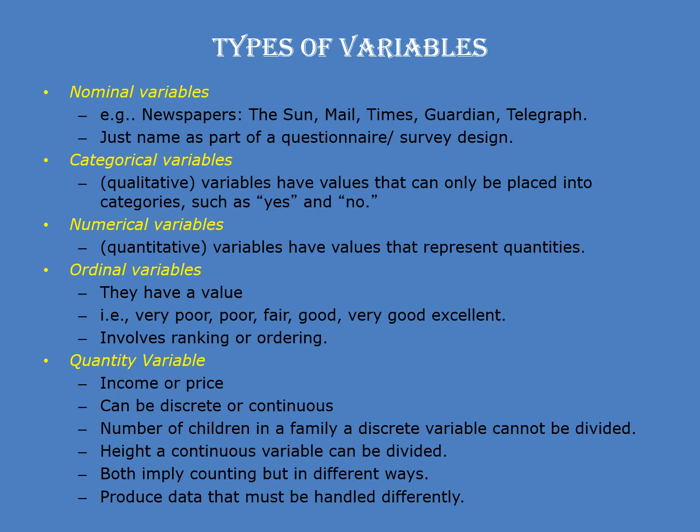For example, in a questionnaire or survey, are the people completing the surveys poor? Are they very poor? Are they fair? Are they good? Are they excellent or whatever. So it's basically having ordinal variables relating to